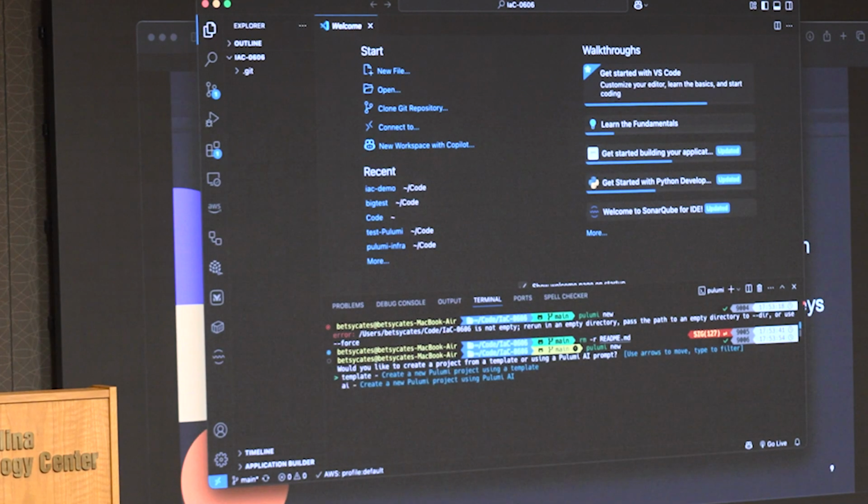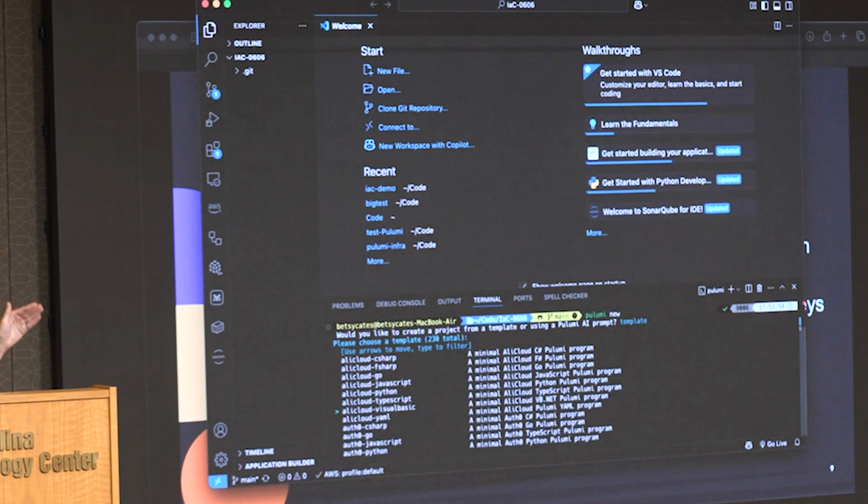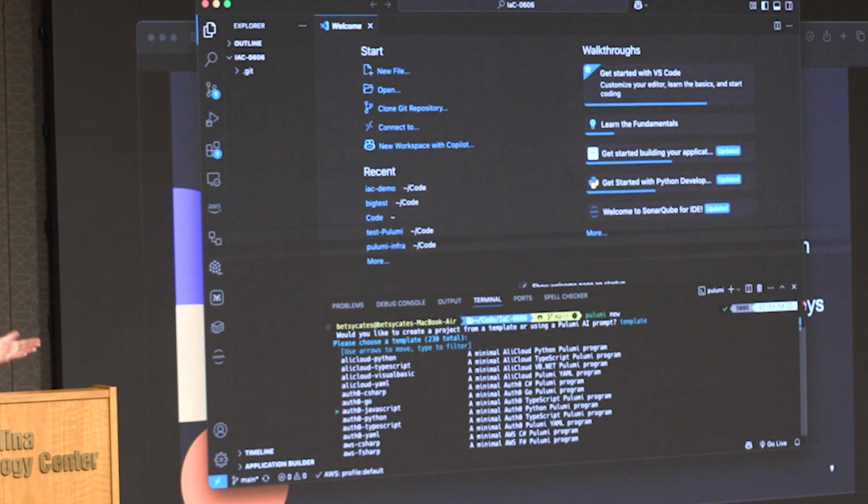Okay, pulumi new. So we're going to create a template tonight, and I want to show you all of the different projects that you can create with Pulumi. You can use any kind of language that you're comfortable with. I know everybody said Python, but at my job, we all use TypeScript, so we're going to use TypeScript tonight.